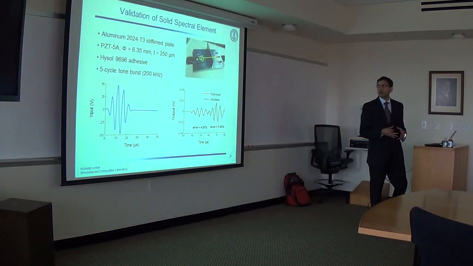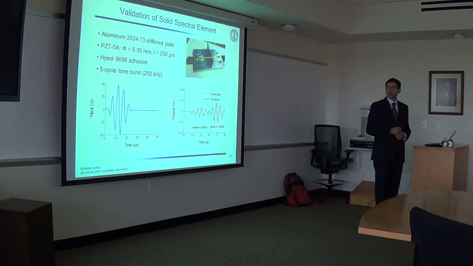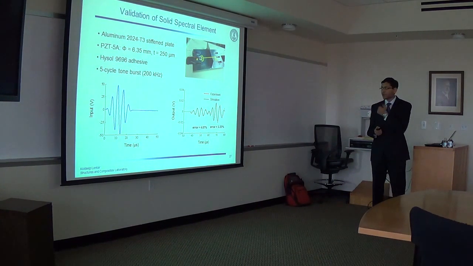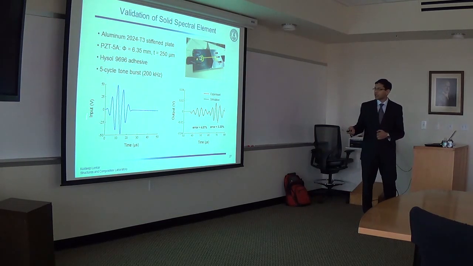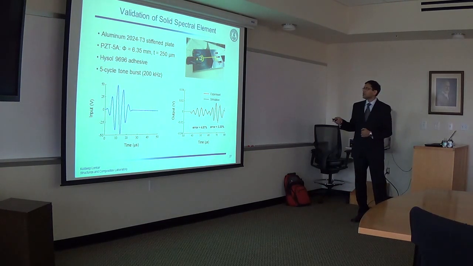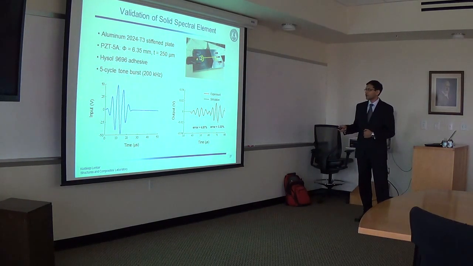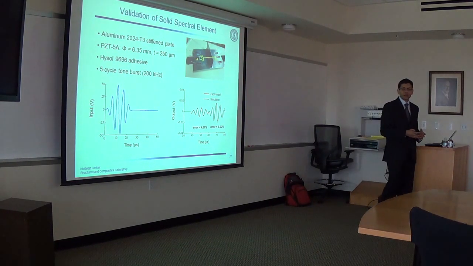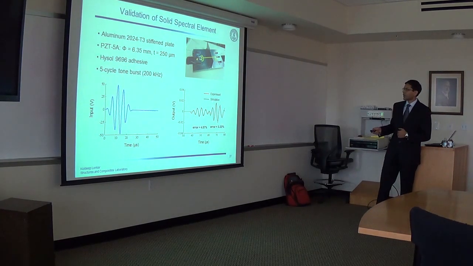So we validated PECIA for a stiffened metallic plate as shown here. 1/4 inch diameter and 250 micron thick PZTs were bonded to the structure using Hysol 9696 adhesive. And a 5-cycle tone burst signal with central frequency of 200 kilohertz was given to the actuator A. The input signal is shown here. Now, we recorded the sensor response at this sensor. This plot shows us the comparison between the experimental signal and the simulated signals. And we can see they match very well. The error in the first wave packet is about 4%, and the error in the second wave packet is about 3%.